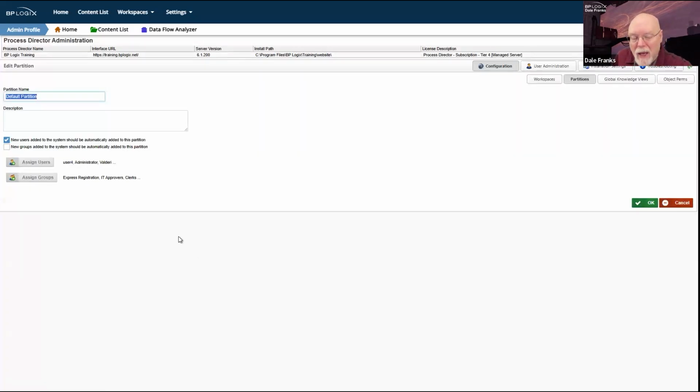The only thing I can really do to edit a partition is to assign users or assign groups. In most cases, you want to assign groups to partitions. So by virtue of group membership, I can either access a partition or not. And the partitions that I am assigned to will determine what I see in my content list.